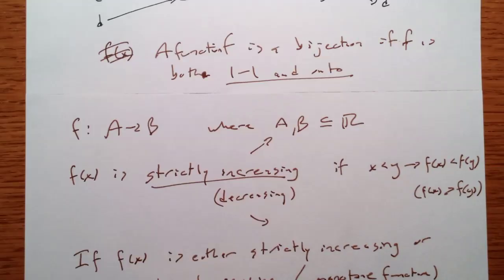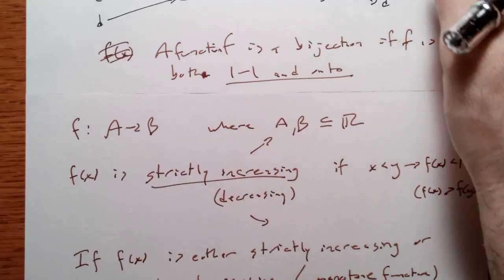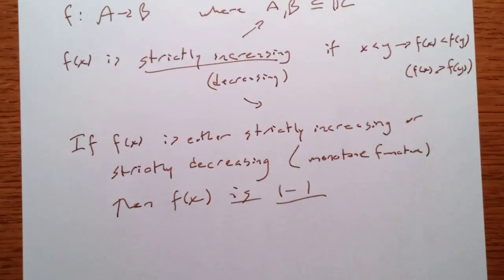Then f of x is one-to-one. Every function that either goes only up or only down is one-to-one. Aha! This helps. Okay. In general,